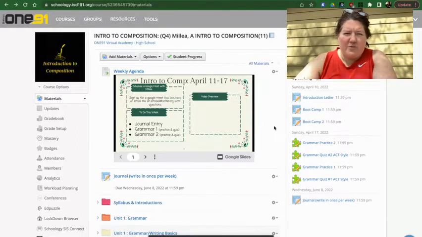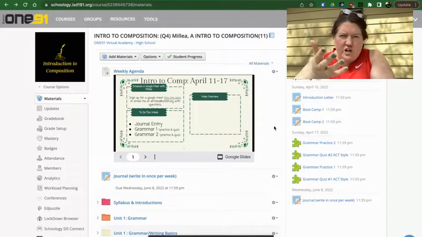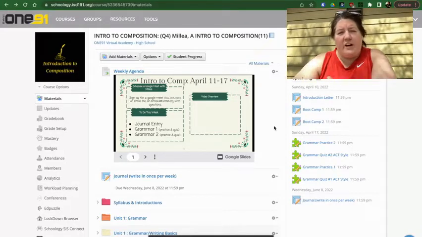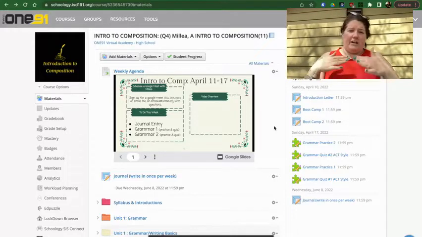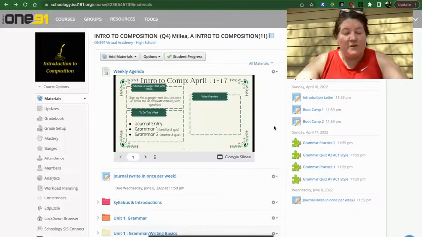This week, you've got three things to take care of. The first thing is writing in your journal. Most of you took care of that last week for last week's journal entry. Great job. That's a very low stress way to engage with writing as long as you are writing for the full 20 minutes. Your length will vary depending on how fast you type or how quickly thoughts come to you. But most people are writing about a page to a page and a half. Because when you just free write and you're not worried about grammar or spelling, you can get so much more information out. So please keep that in mind.